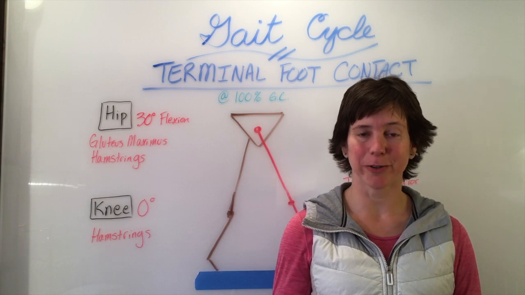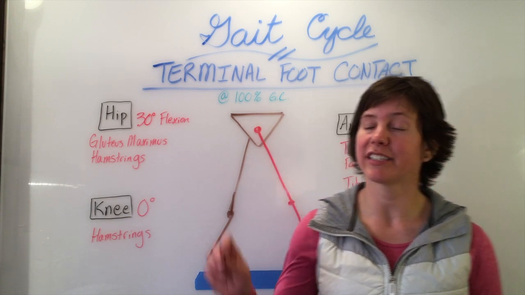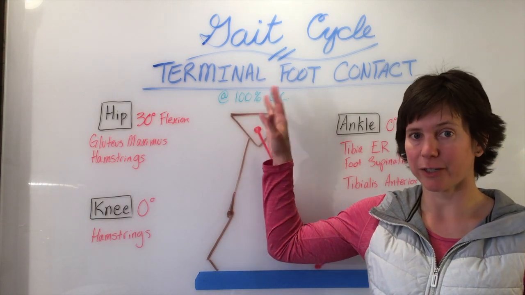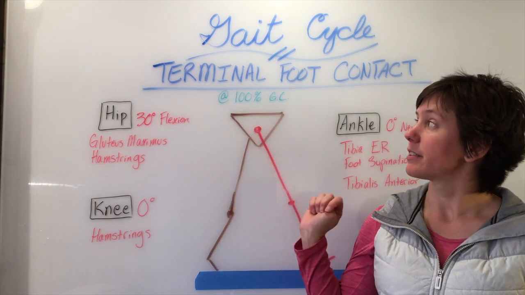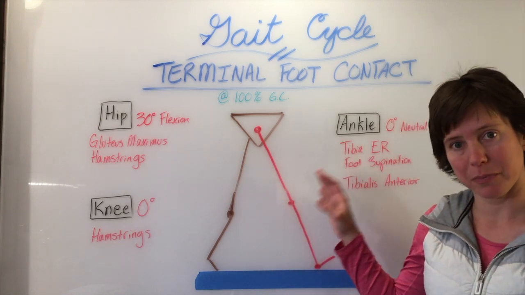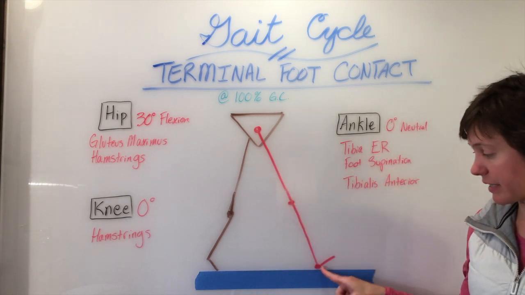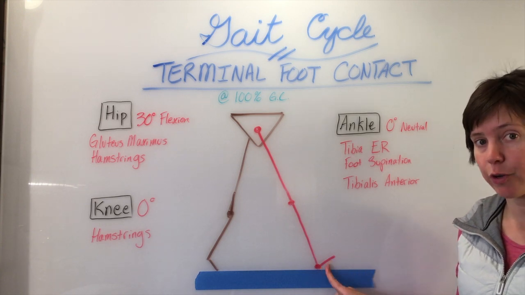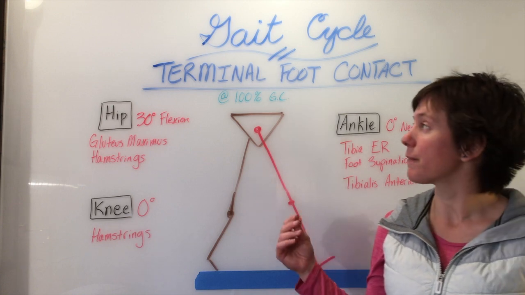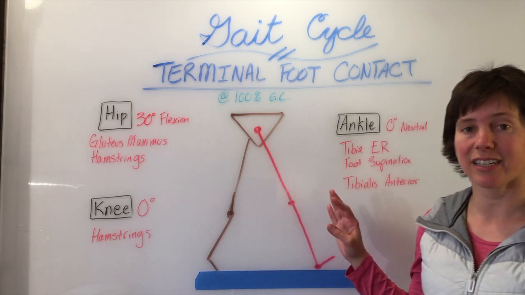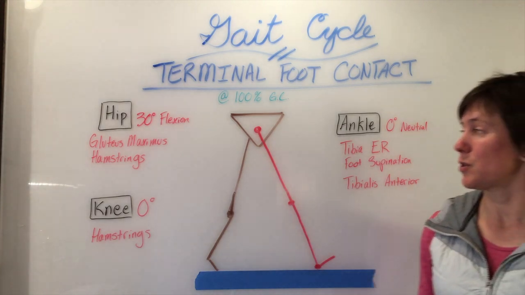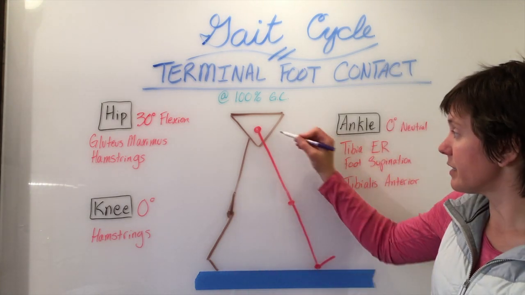Now the gait cycle has come full circle to end in terminal foot contact. We're at 100% of the gait cycle, we're finished, and terminal foot contact is the red leg that we've been following all this time is now touching the ground. You might recognize this from the beginning of the gait cycle because it's in the exact position of initial foot contact. So with that, we have 30 degrees of hip flexion,